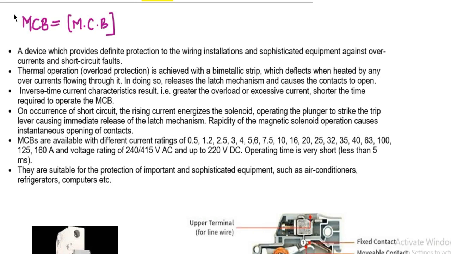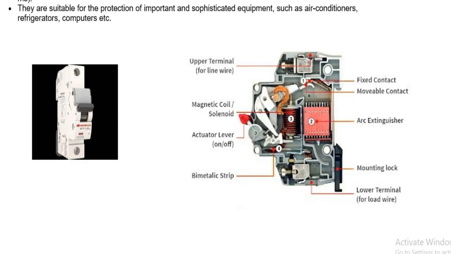Hello students, let us discuss about MCB, miniature circuit breaker. You might have seen MCB in domestic supplies like single phase supplies, ATM, homes or hostels. You might have known the function of this MCB. This is a protection device which trips whenever there is a high current flow in the circuit.